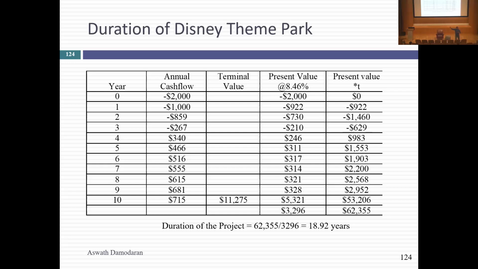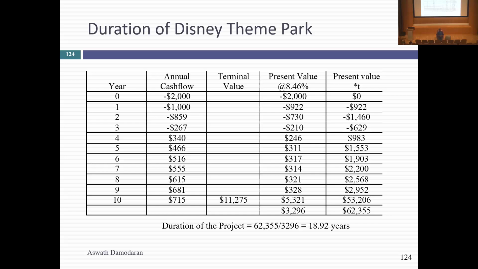So if I put in 50 years for the terminal value, this probably gets pushed out to 24, 25 years. What does it mean? If I'm issuing project-specific debt, project financing, where I'm going to borrow money against this theme park, that debt should be really long-term. To get a duration of roughly 20 years, the maturity of the debt has to be 30 years plus. 10-year debt is not going to do it. So if you look at the project cash flows, this is the kind of project where really long-term debt makes